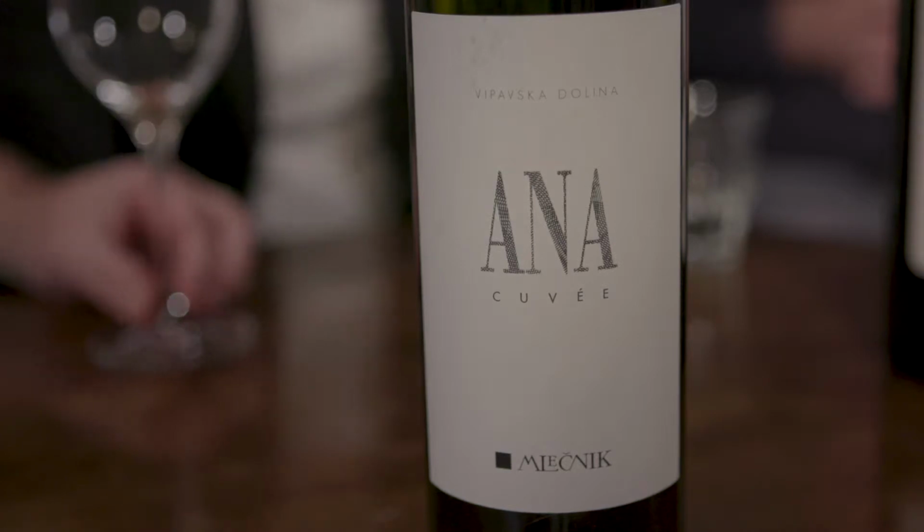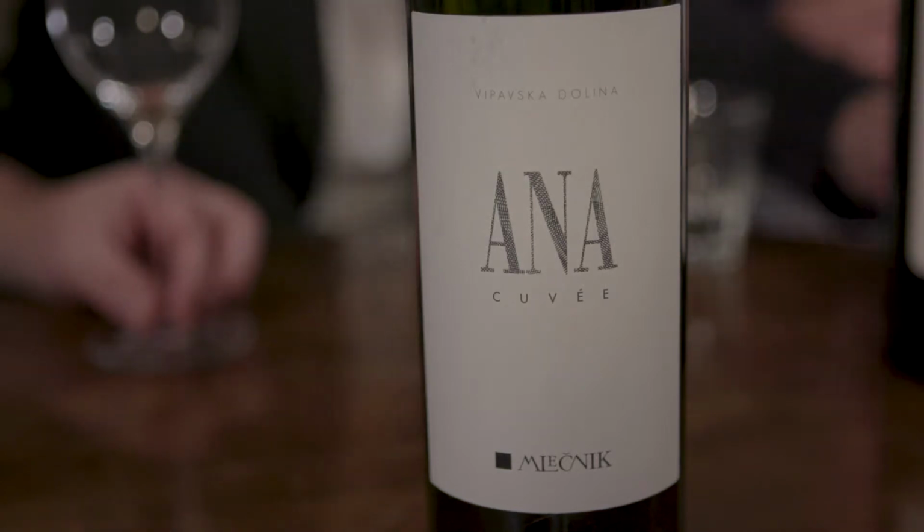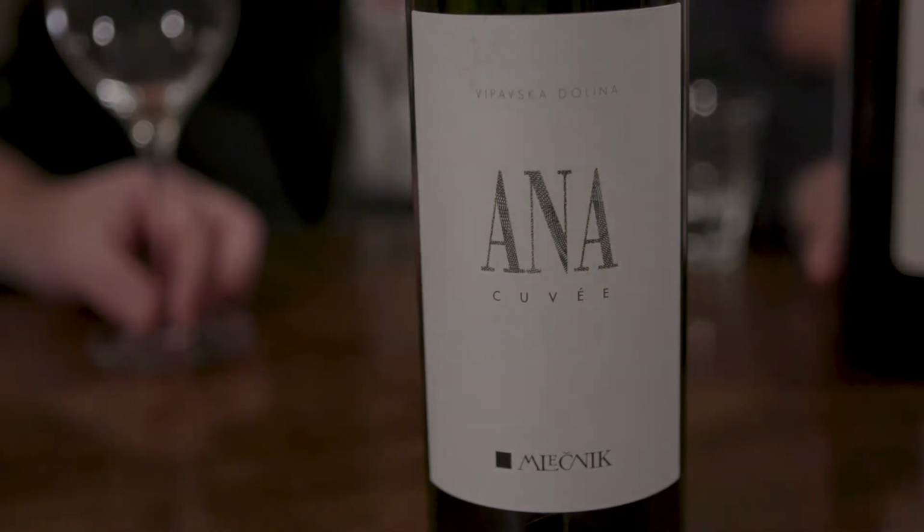Yes, I grabbed this off my wine rack, the last bottle that I think we have left in the UK. It's a wine from a grower whose wines, when I first tasted them, gave me a bit of a wine epiphany. The grower is Walter Mlečnik and his son Clement,